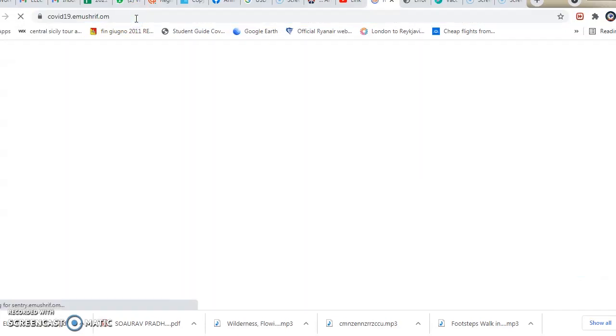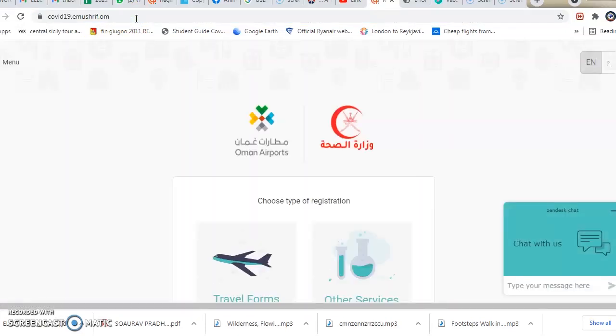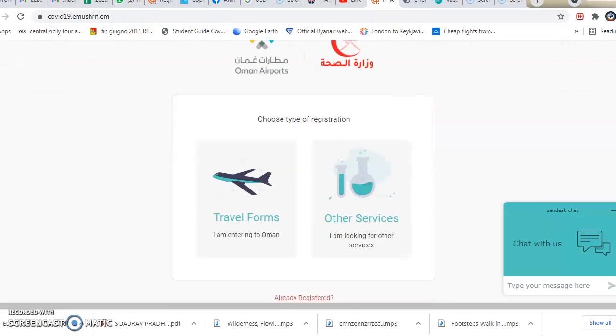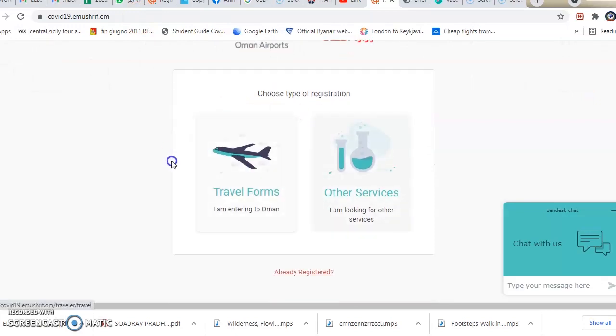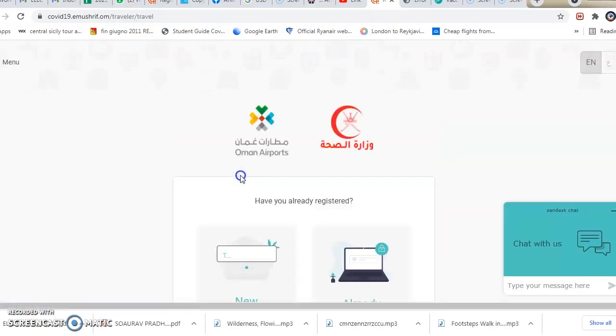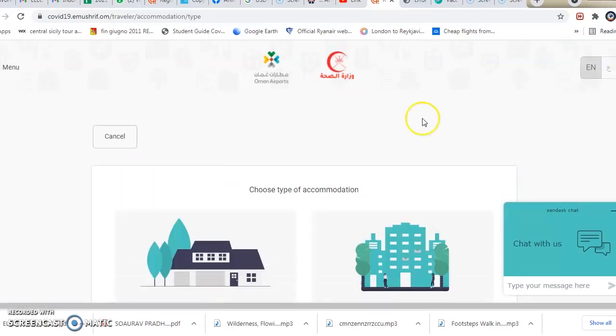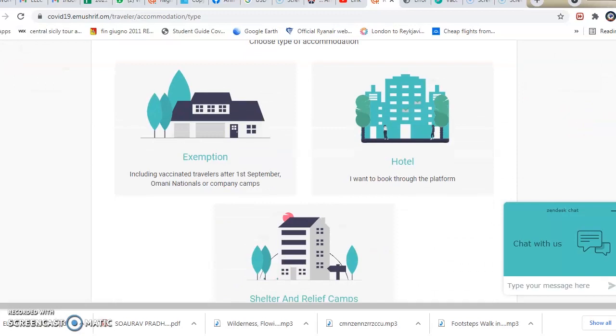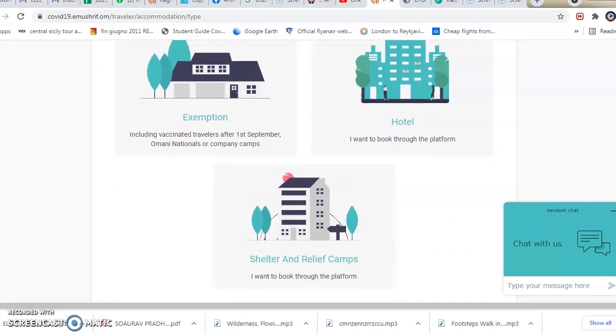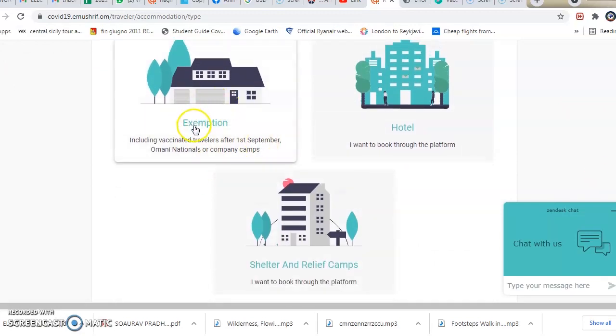covid19.emushrif.om, and on this page click on travel forms and then on new registration, and here you can select exemption, one here,